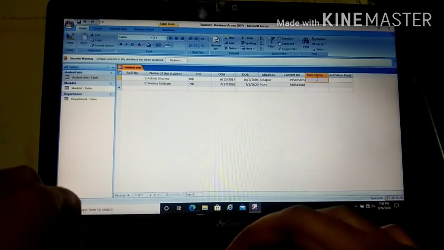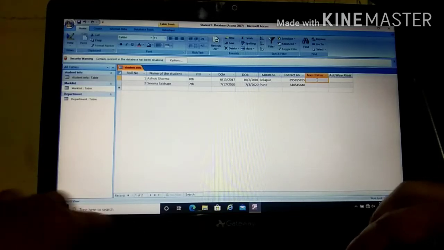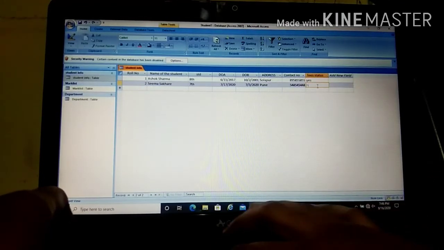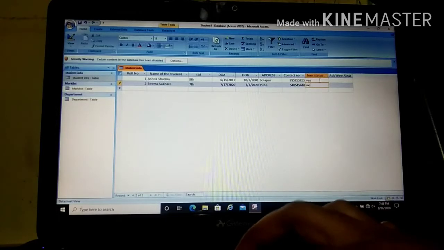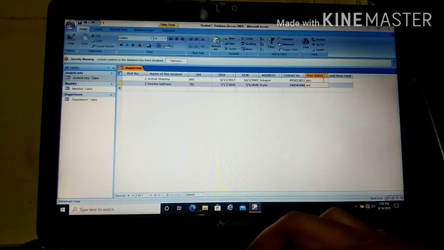Okay, then add the data for this, for example yes and no, means here the roll number 1 student has paid the fees and roll number 2 has not paid the fees. So like this I have created one field.